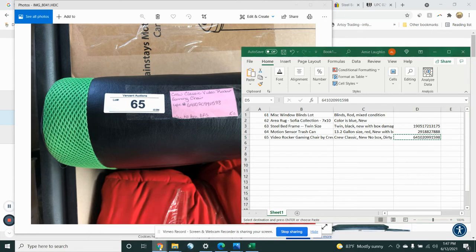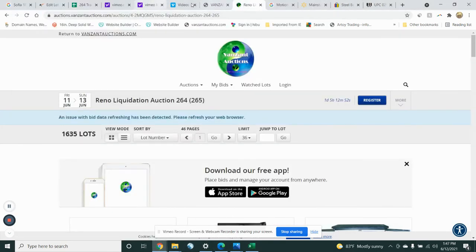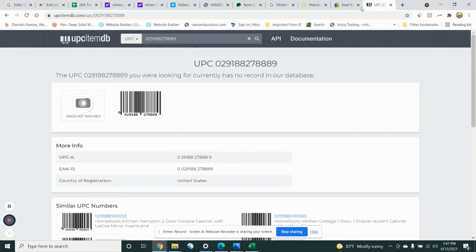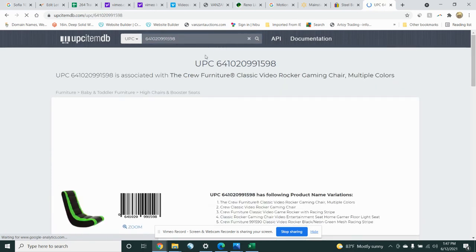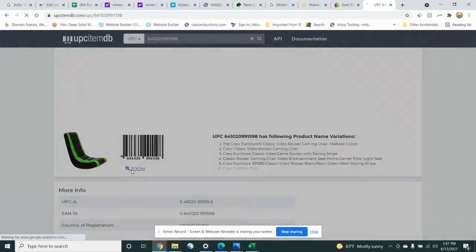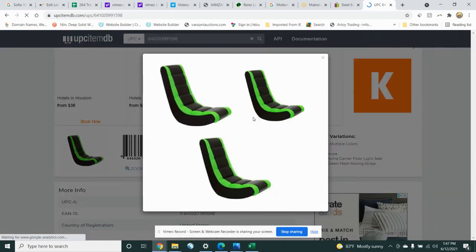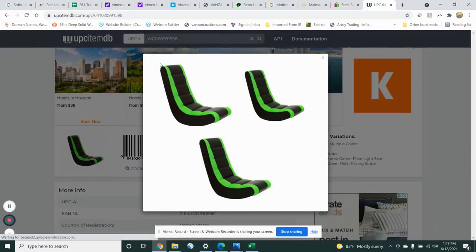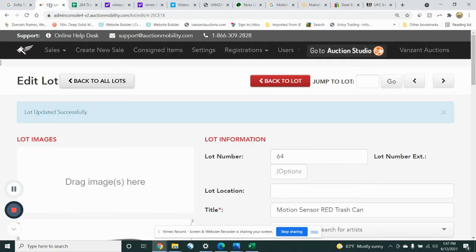And what they do is go to UPC item database, type in a UPC, and there you go. So this is the actual image of the actual item. So I could go in and crop a picture of that, put it into the catalog, and let's see, in this case,